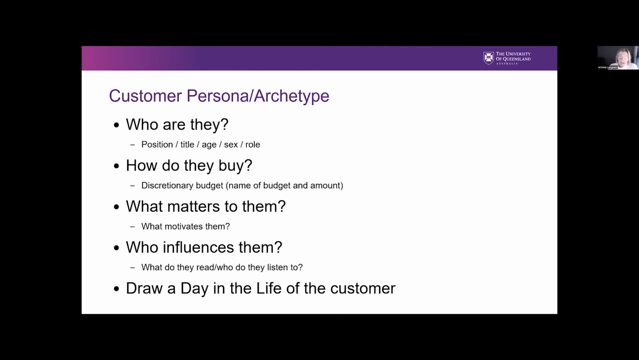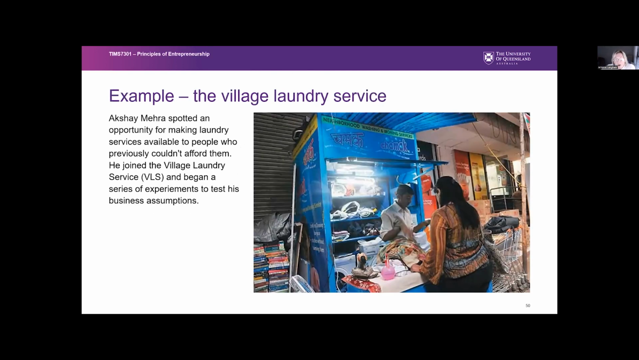You'll look to see how they buy, when they buy, what matters to them, what motivates them to actually interact with your product or service. Who do they listen to? Who are their influences? And maybe draw out even an experience map to understand how that all comes together for your product. So here's an example of a process that was quite successful